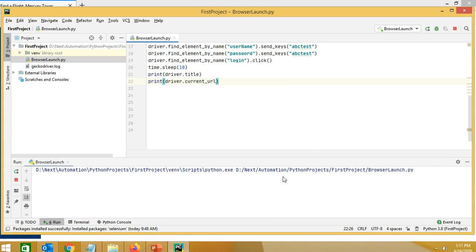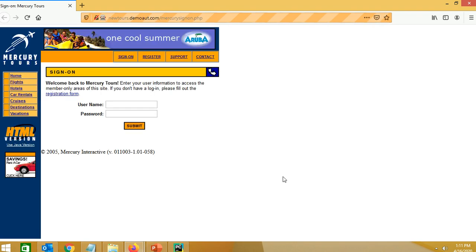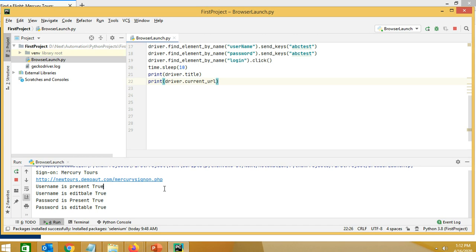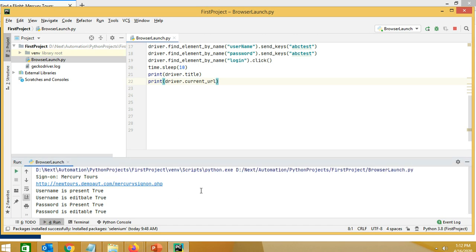Okay, let's execute this. This will first open the Firefox browser, then open our website, then take the title and URL, check the presence of username and password field, enter user ID and password and click on submit. So now it worked. Let us go back to the project and see how it behaves.